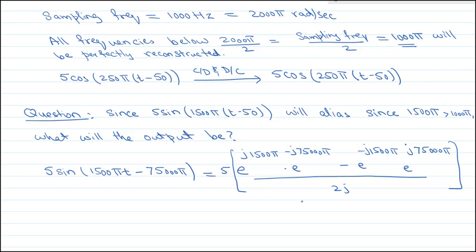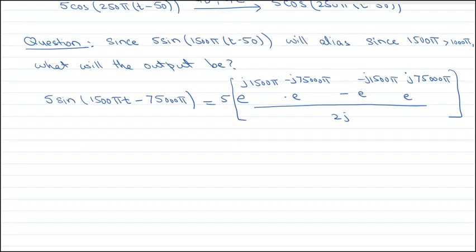And now I know what is the Fourier transform of this entire signal. I'm going to express that. So the Fourier transform of this entire sine is,